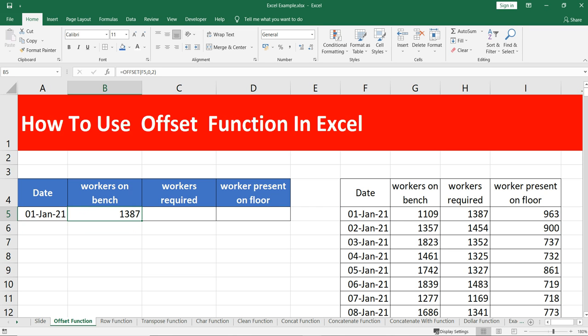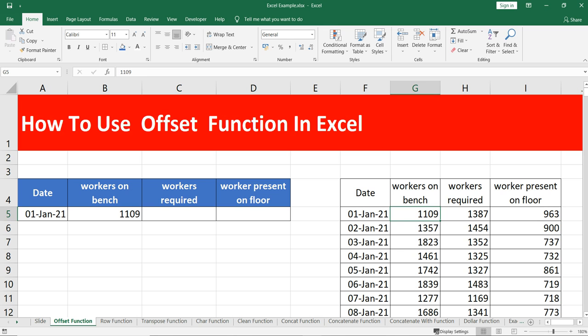Now the thing is that you get this 1387. Reason being is that we have put in 2 here. Ideally we should put 1. Reason being is that when you take the reference, so this is the starting point, and the offset function works on index. So this is our starting point or the reference point, and from this column how many rows do you want? The rows will be same, so we'll put 0, but when it's asked for column, you have to put the number of column from this state. So the worker on bench is on the first column from this state, so we had inputted here 1.